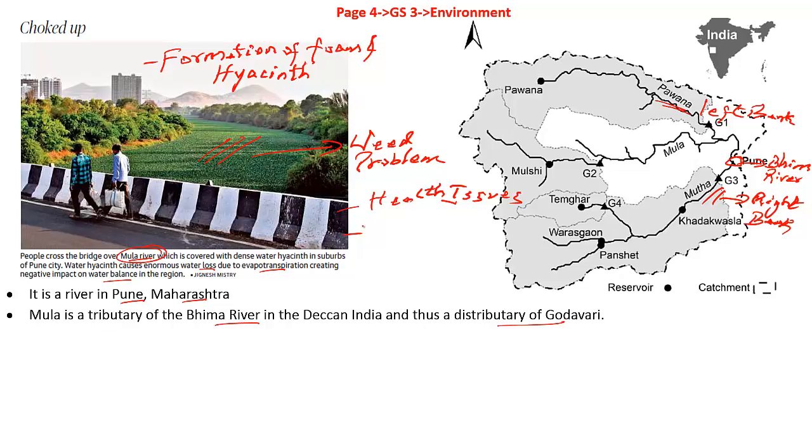The fishing community once used to have a major catch, but eventually now this community is suffering to meet its livelihood demands. So fishing, which was once a major economic activity in this region, has also suffered because of the growth of the hyacinths. With all these issues surfacing, the majority of the environmental experts have also written to the municipalities as well as the state governments to kindly look into these issues. If this river is not rejuvenated, we will have issues in the future with respect to drinking water, irrigation, and the fishing activity that we see in this river.